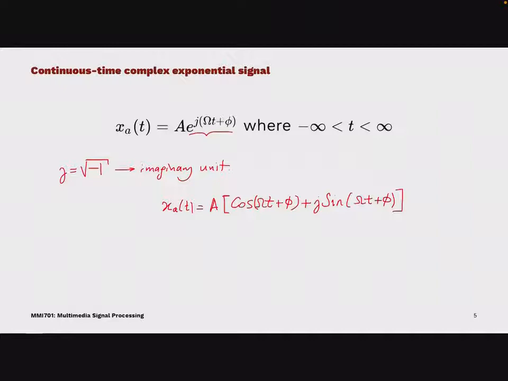Now, we're going to come back to this complex exponential signal, as it's a very important signal. We're going to form our bases, which we use in the different flavors of Fourier transform, using the complex exponential signal. And we're going to start with the continuous time complex exponential signal, which is very important. So we're not done yet with the continuous time complex exponential signal.